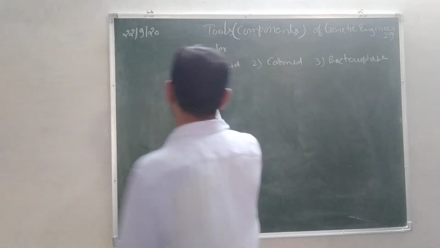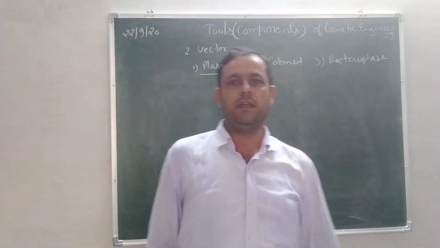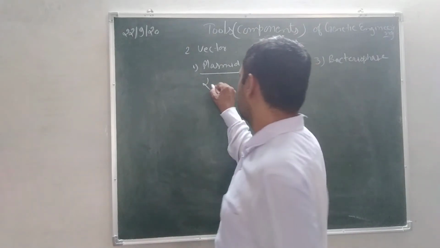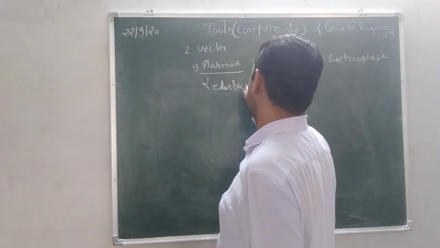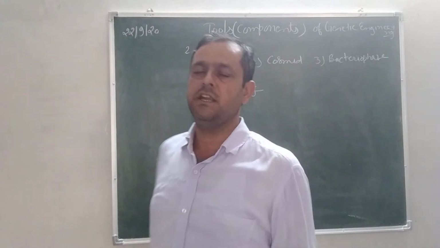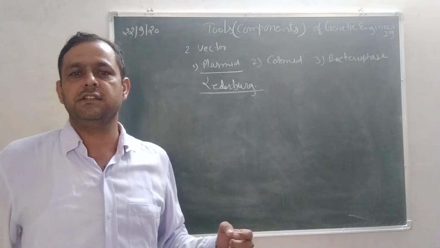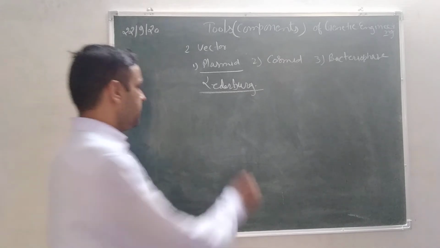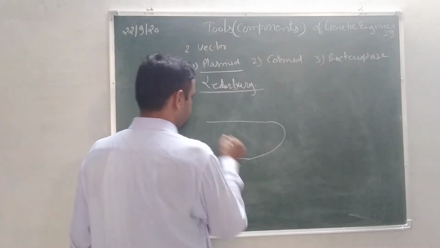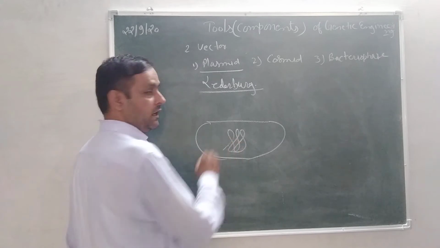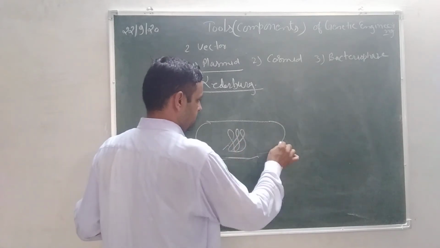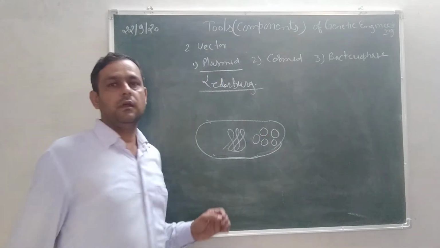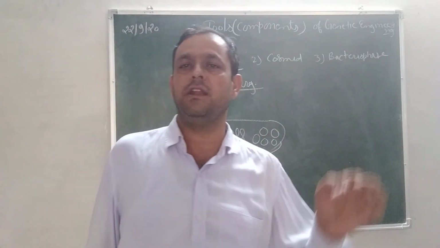First of all, we start with plasmid. Plasmid was first found in 1952 by the scientist Lederberg in a bacterial cell as an extra chromosome. Its main properties are, this is the bacterial cell and this is its main chromosome, and these are the plasmids or episomes. They are found in the bacterial cell apart